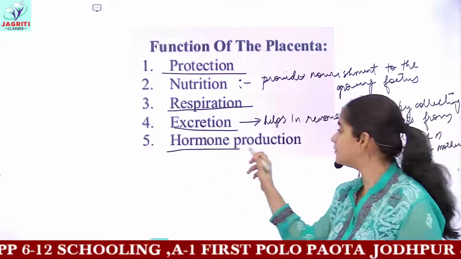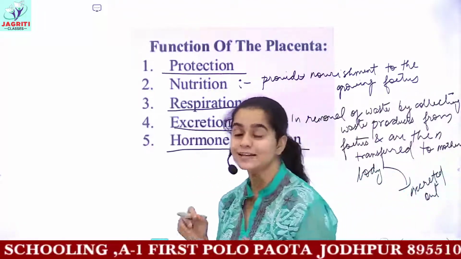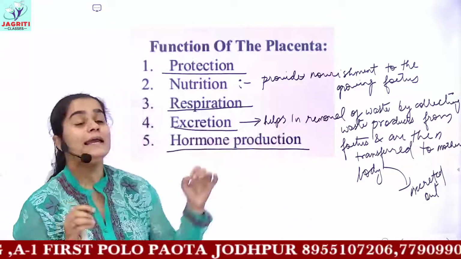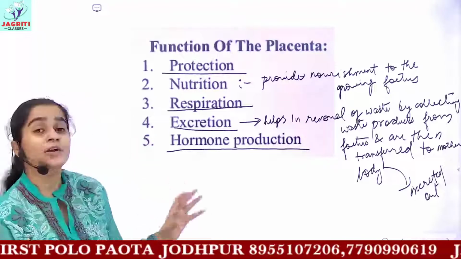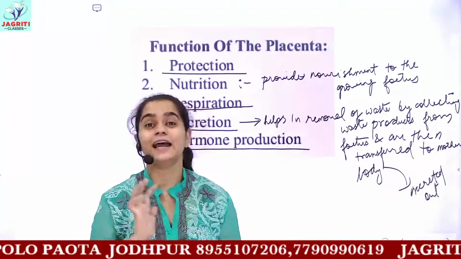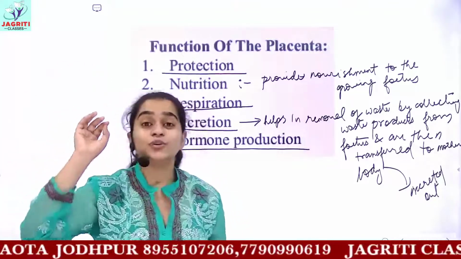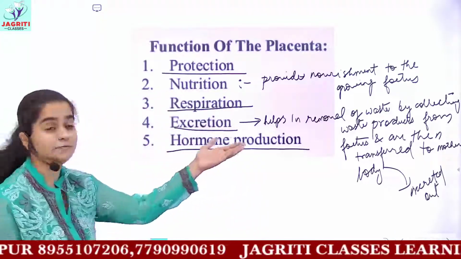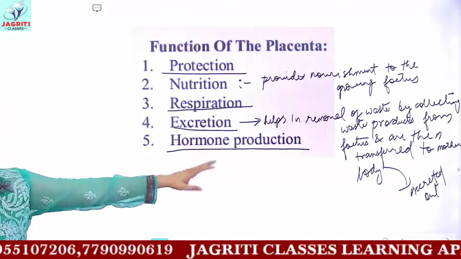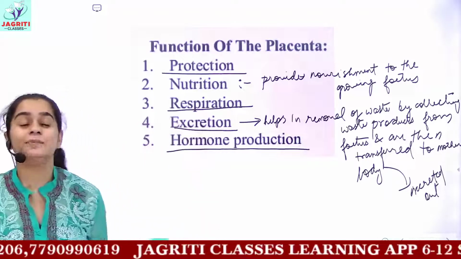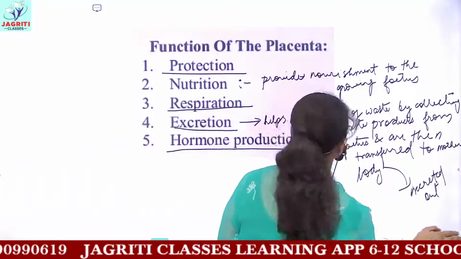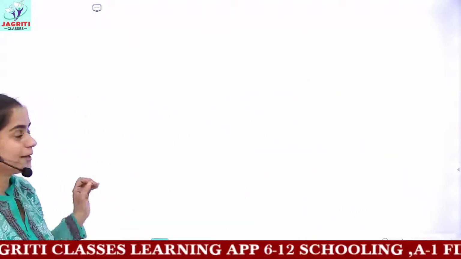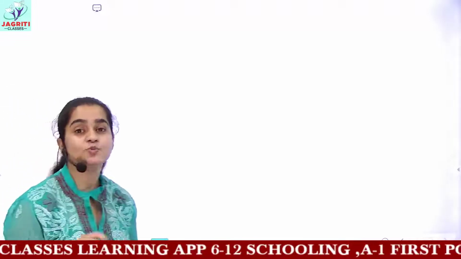And then you have hormone production, that is placenta is useful for producing many different kinds of hormones. In your higher classes you will be dealing with the structure of placenta in detail, that is it is covered with 2 to 3 membranes. You will be dealing with the names of the membranes, their structure, and then you have to also know the names of the hormones which are being produced by placenta. So now this was a short description for placenta, whatever is given in your books, we have covered this.